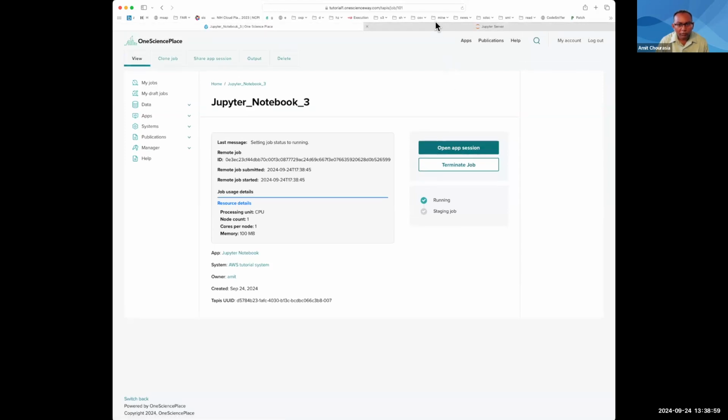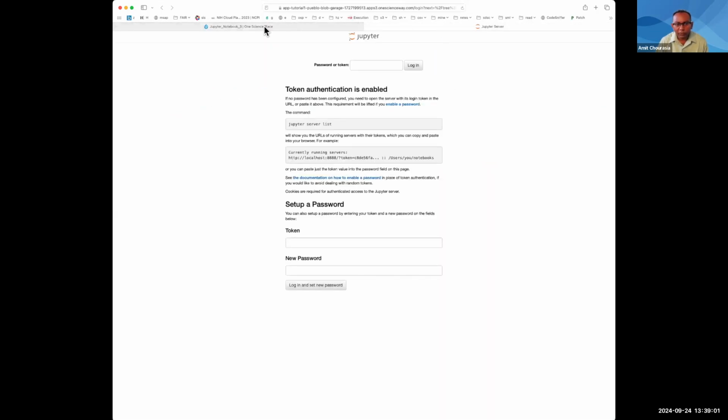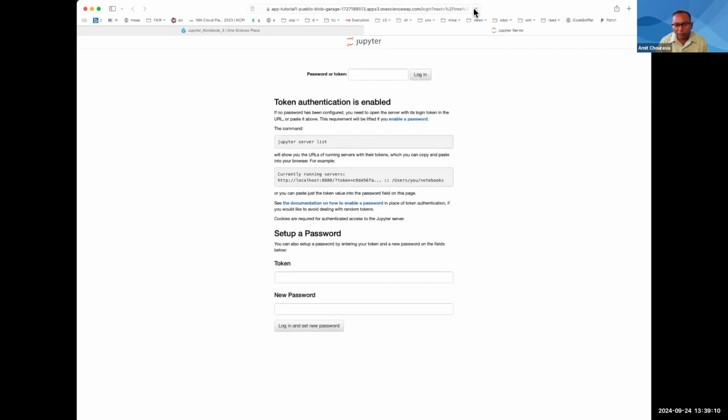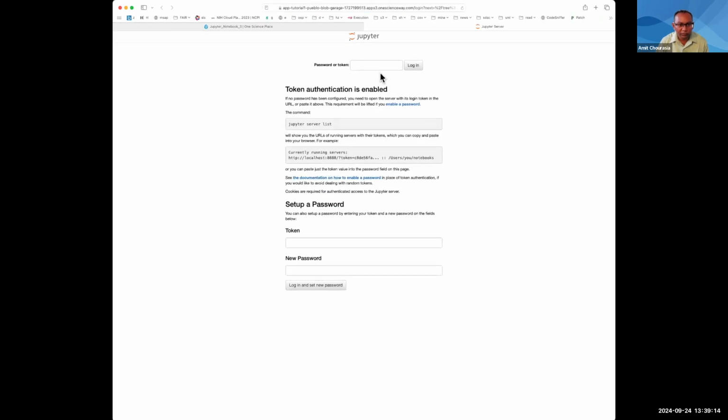If I open that session, sometimes you'll get a page not found if you get in here a little too early. There's a lot of wiring going on behind the scenes to make this work. You can just refresh that page a few times and it'll show up in a few seconds. So I added a password to this Jupyter Notebook. Once I go in there,